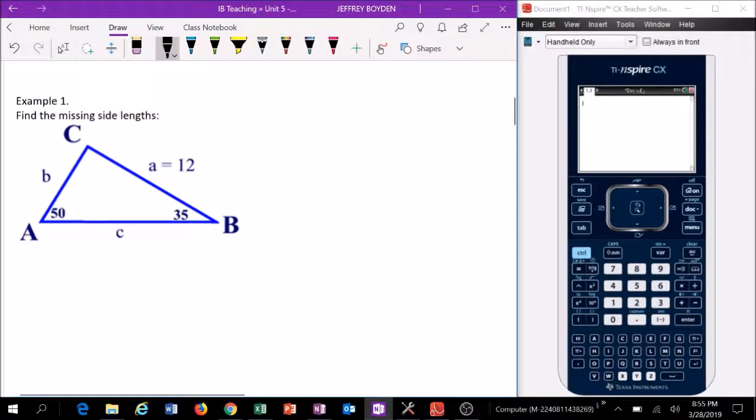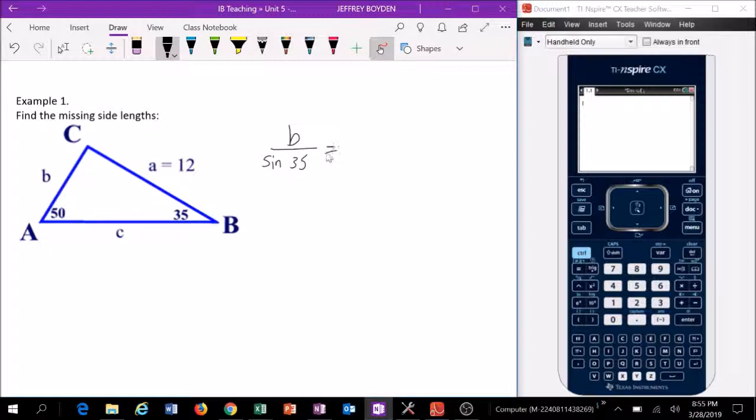Here we're asked to find all the missing side lengths. So what I'm going to do is look for an angle and its opposite and another angle and its opposite. I can see 50 and 12 are opposite. I'm going to use those. I see 35 is opposite from B, and so B is what I'm going to find. Now, what I'd want you to do is start by first writing the thing that you're trying to find. I'm trying to find B, so I'm going to write that first, little b. And we're going to notice that it is paired with its opposite side, so we're going to say sine of